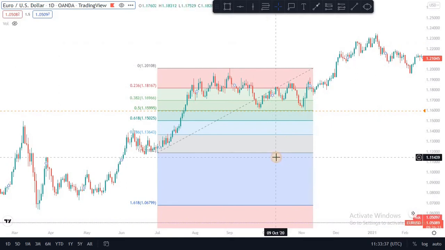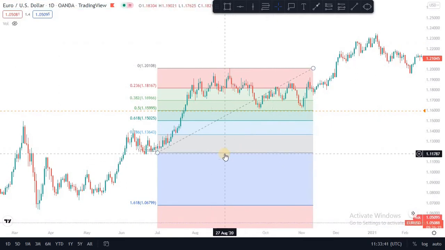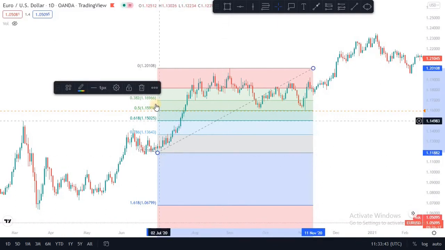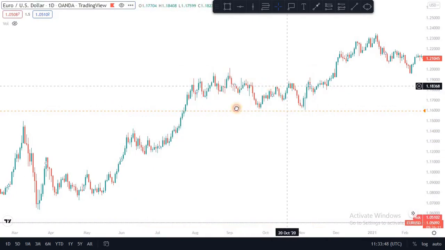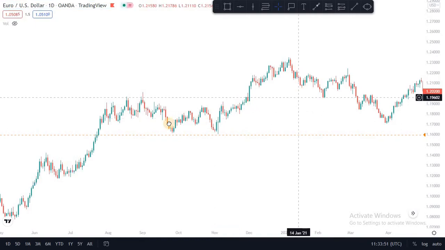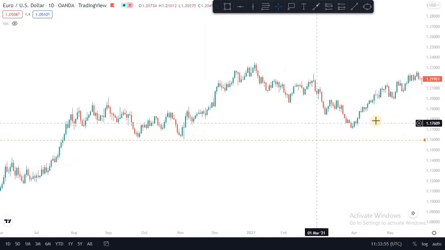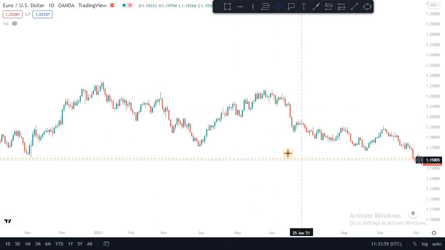If you're able to apply this particular tool that I showed you, you will be able to time the end of a pullback before you join the trend, right? So this is the tool you are going to be using. You can even apply it when the market is in a downtrend, right? The market is in a downtrend. It takes, for instance,